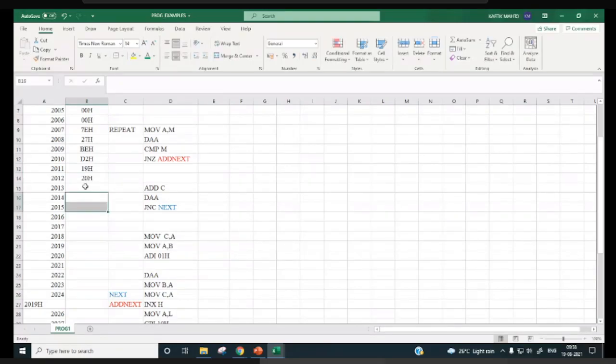Jump if not 0, program counter will come over here. Otherwise, it will do the addition operation. What is the opcode of Add C? Sir, 89. 89H. The BA we will see now, 27H, right? JNC is C2, right? What is JNC? C2. And the next one is